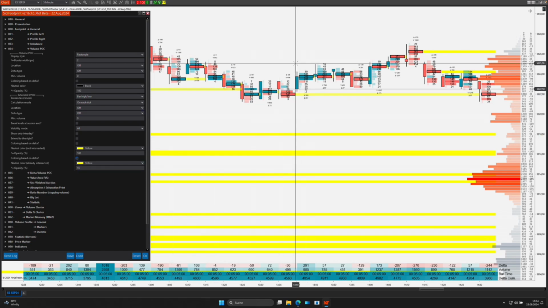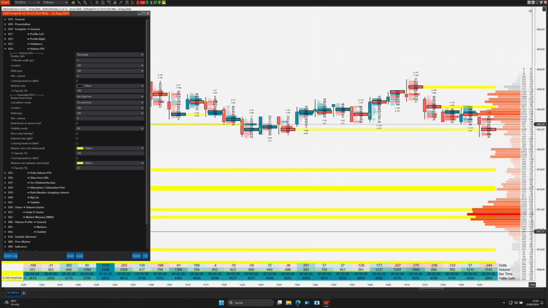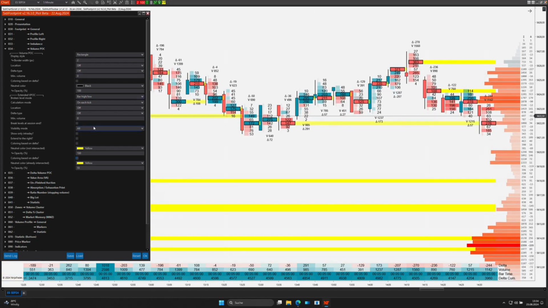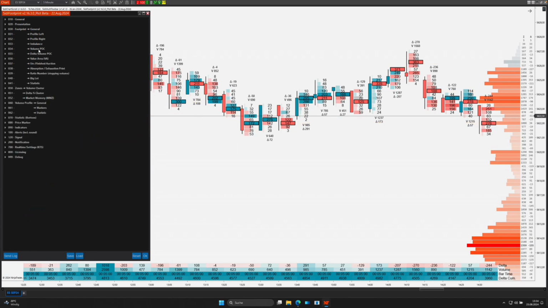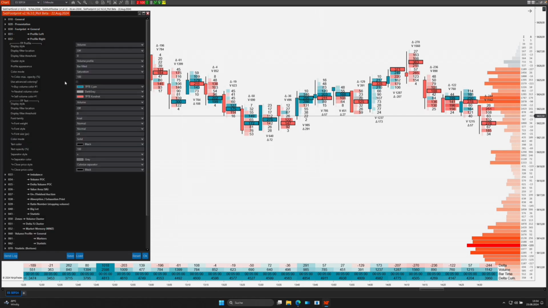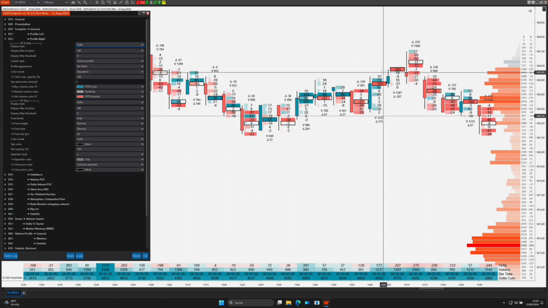What we did here was for the volume POC, i.e. for the maximum volume. However, we also have the option of looking at the delta, i.e. where there was the largest delta. I'll briefly switch the numerical values here. Here at profile right, I switch from volume to delta. And here at profile, I also switch to delta so that it is clearer for us where what is happening. This must always be considered independently of each other.